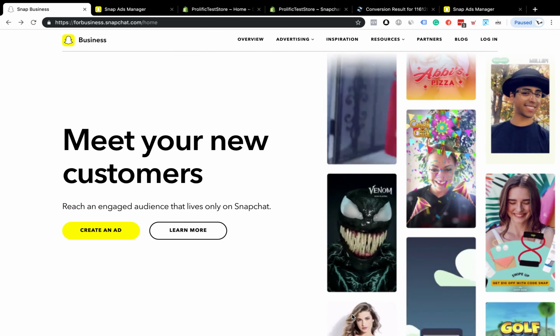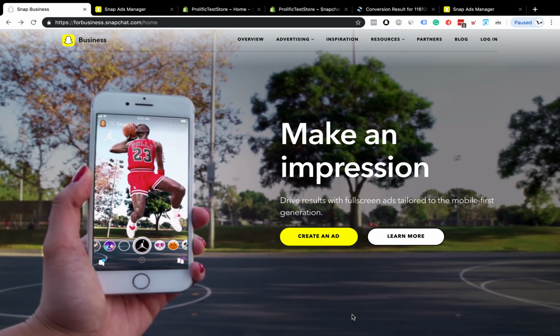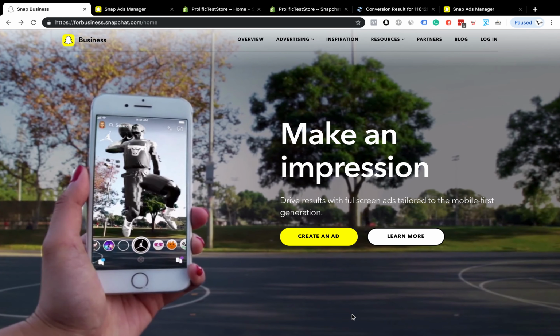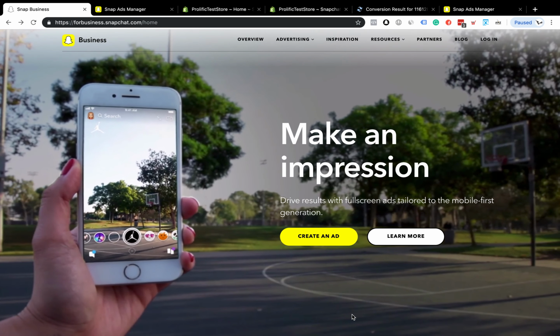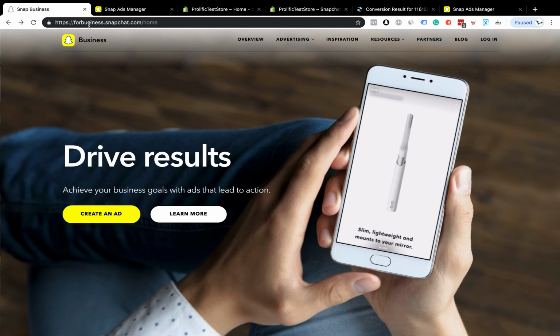In this chapter, we're going to go over Snapchat ads and why, to us, it's such a big opportunity right now. So where you're going to start is you're going to go to this URL,